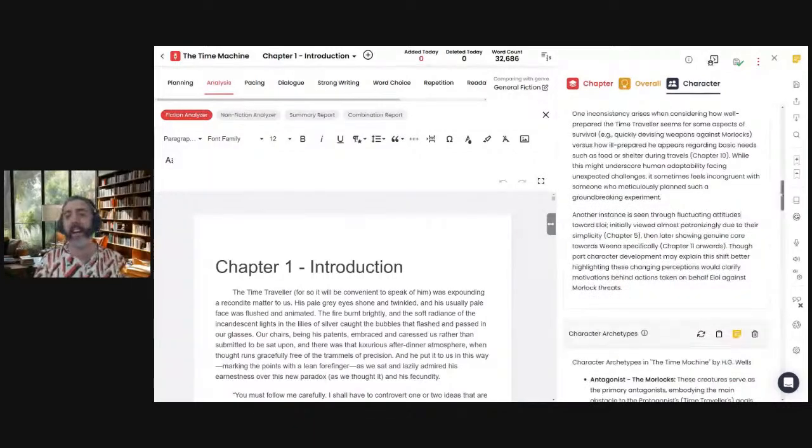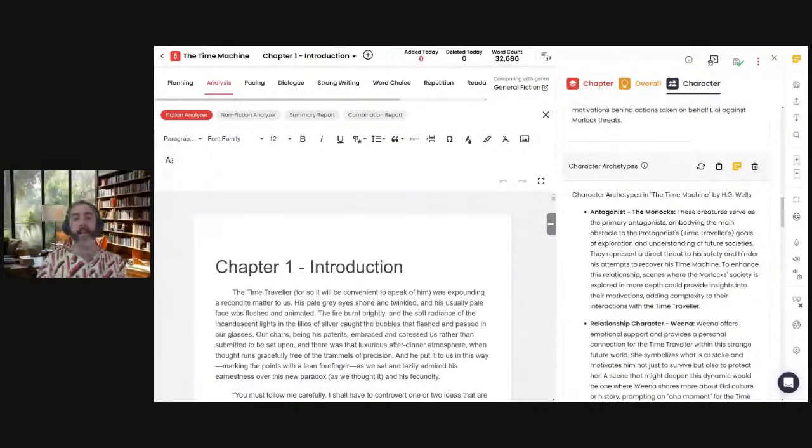It'll give us the archetypes. Now, these are the archetypes that we talk about a lot in AutoCrit, so you may not be familiar with the specific terminology. If you aren't, you can hit the I button and it will bring up a window that explains what the archetypes are. You can see that little I. It'll bring that up and give you an explanation.